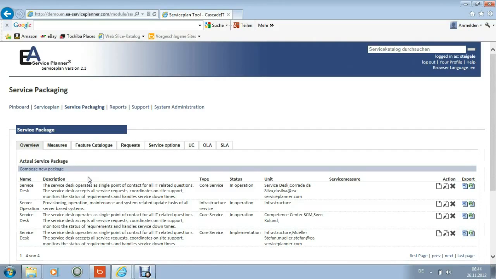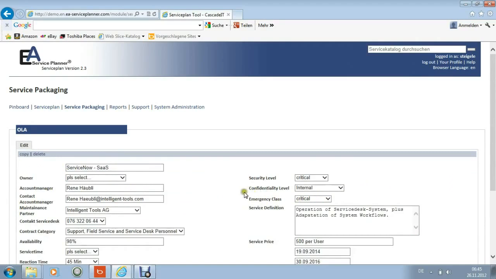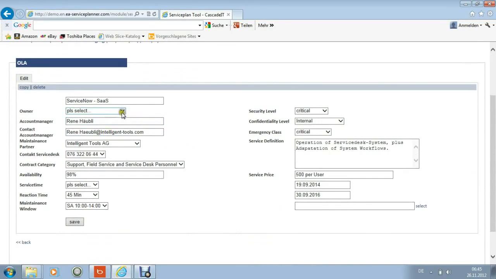But not only for this, you have a service level management and contract management functionality built in the service packaging functionality. So you can enter here all underpinning contracts, what mean all maintenance contracts, all external contracts made with providers, with outsourcers, with cloud providers. You have here the contractuals, the partners, the account manager. Let's look in here, and of course